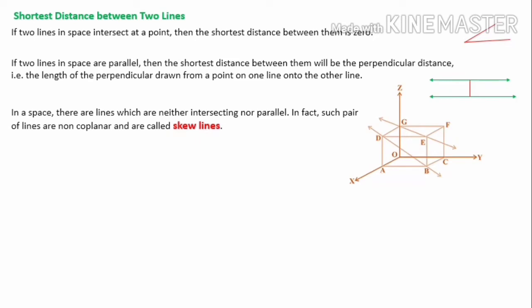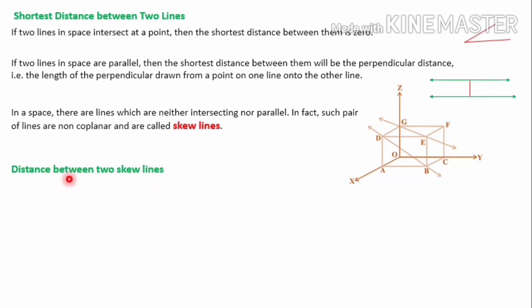And the shortest distance between two lines, we mean the join of a point in one line with one point on the other line, so that the length of the line segment so obtained is the shortest distance. For skew lines, the line of the shortest distance will be perpendicular to both the lines. That is here perpendicular to GE as well as perpendicular to DB. Let's go for finding the formula for distance between two skew lines.